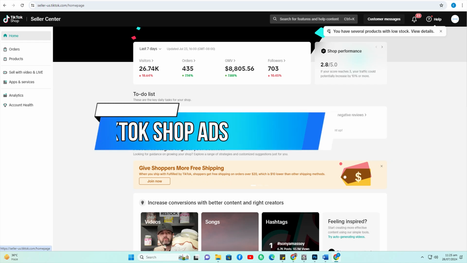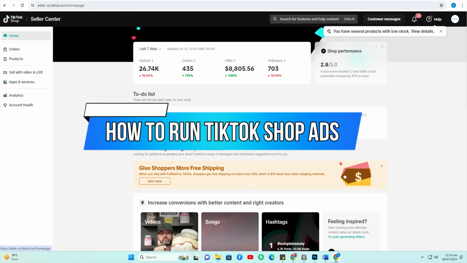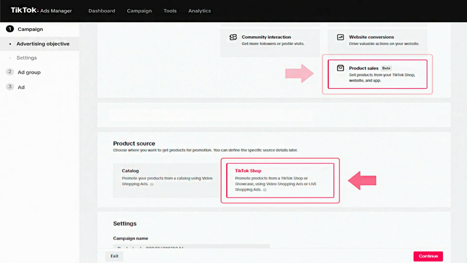In today's video, I'm excited to share how to run TikTok Shop ads. Let's dive right in. First, go to TikTok Ads Manager and start a new campaign. On the campaign creation page, select Product Sales as the objective with TikTok Shop as the product source, then complete